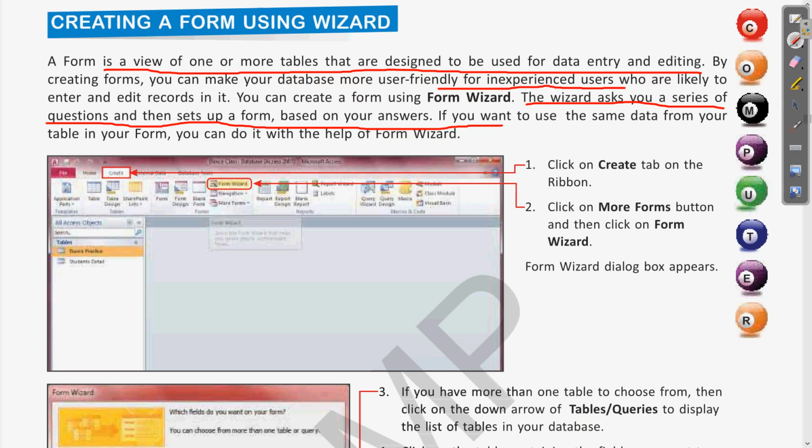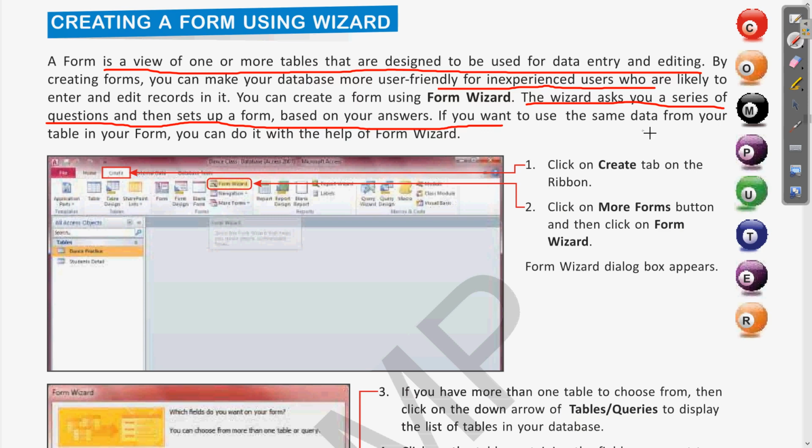As we design the tables, we are structuring the database, but a layman or any other user who is not familiar with MS Access or any of these programming concepts may also be able to enter the data using the form. As we go to websites, there also we are required to fill in forms. Similarly, here in MS Access we can generate this form, and for generating this form we use the form wizard.